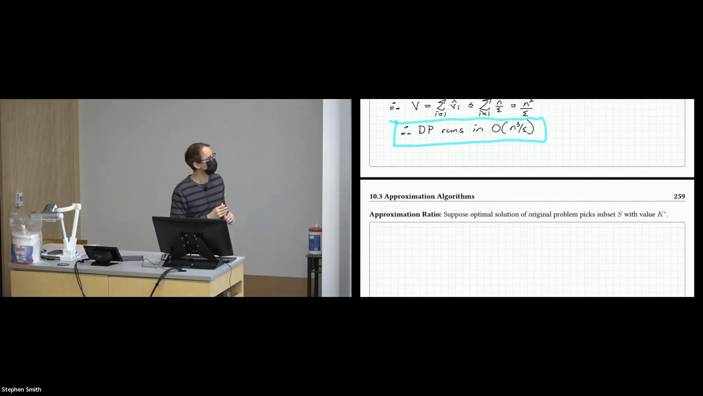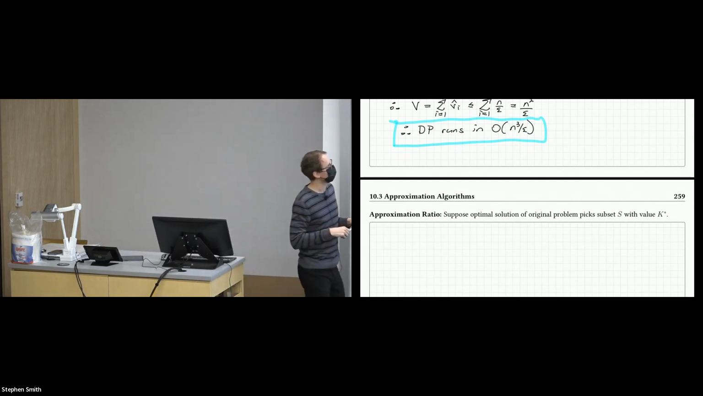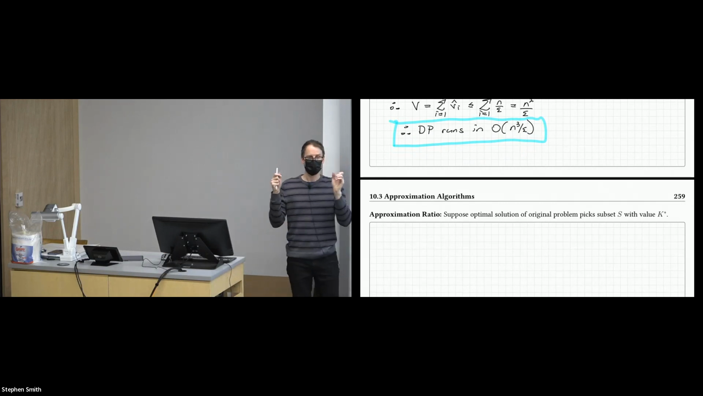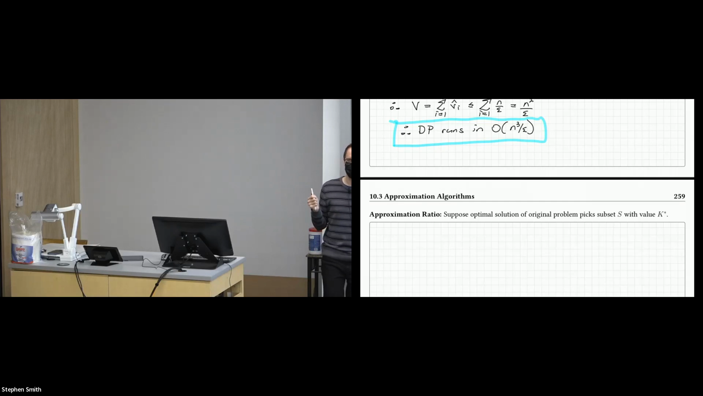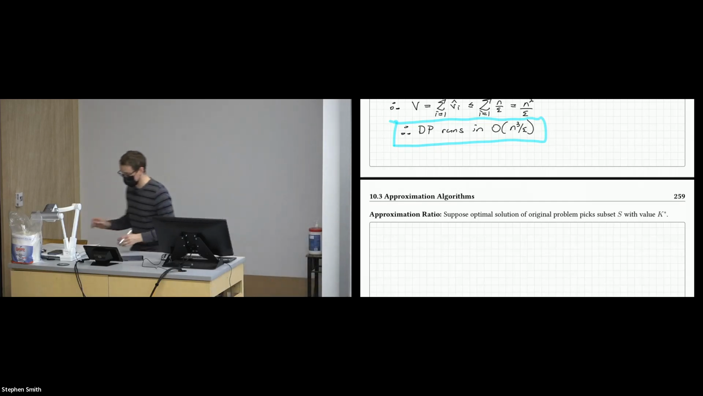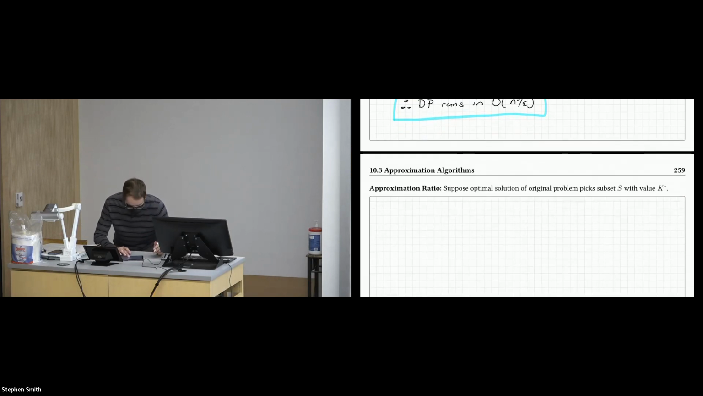So what we're going to have to do is compare the solution to the original problem, the one where I haven't yet scaled the weights, to the solution I get from this scaled problem. And so the comparison takes a few steps. Let's suppose that this optimal solution of the original problem picks a subset S of items, and it gets a value of K star. The solution that I get,